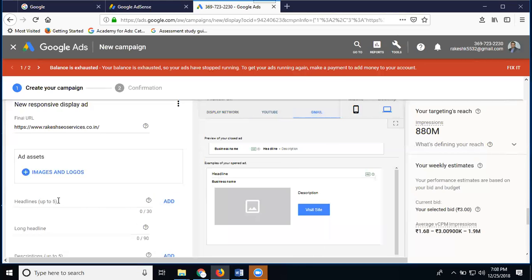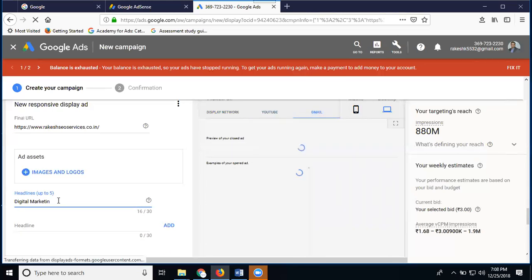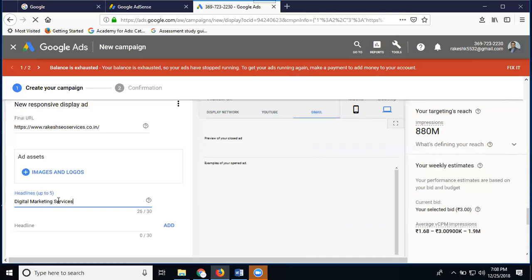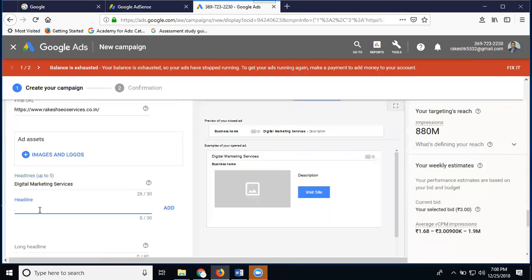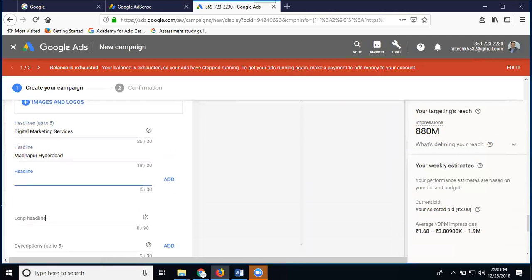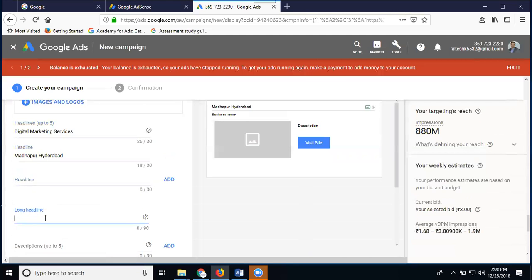You can see here, I'm adding the first headline. The headline will be only 30 characters. Please note down, the first headline is given only 30 characters. Second headline will be only 30 characters. Long headline will be 90 characters.